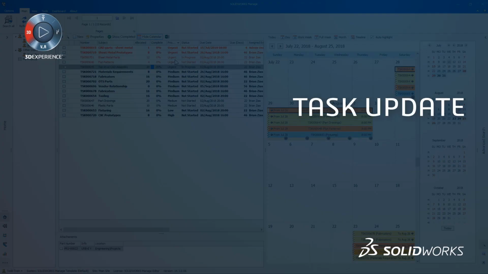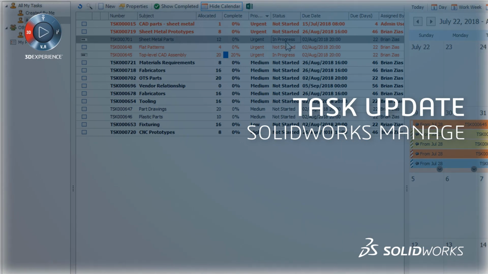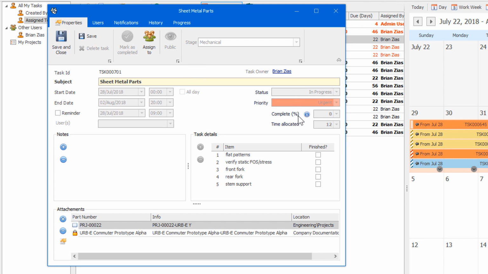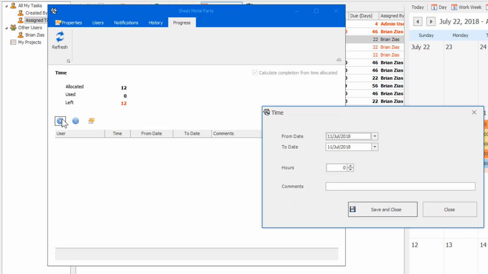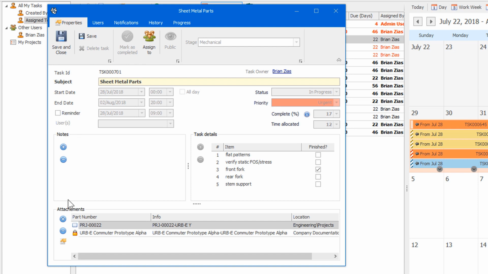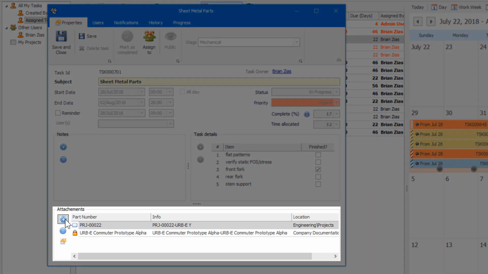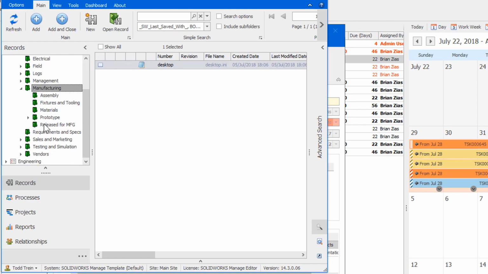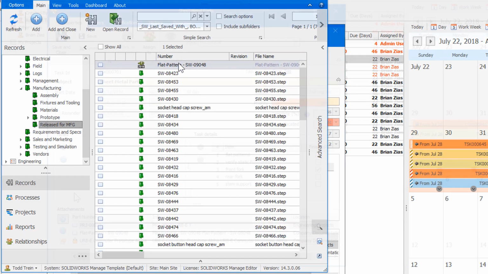Now that I have completed my task, I'll update SOLIDWORKS Manage. I'll adjust the time used, as well as an overall completion percentage. Manage even allows me to attach files to the task. So if Brian wants to review, he can access these files easily without having to come ask me or spend time searching himself. By utilizing the master model approach at the onset of the project, I was able to efficiently